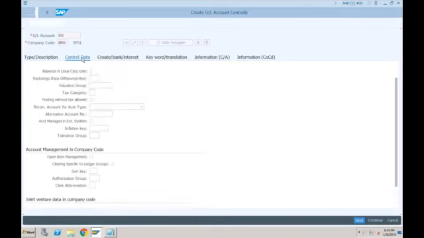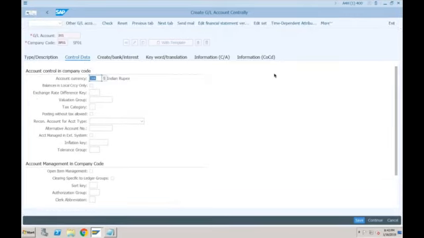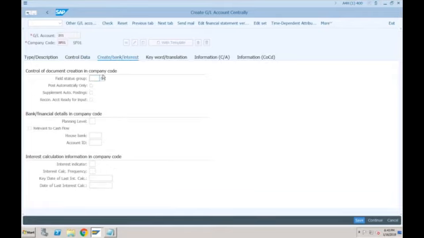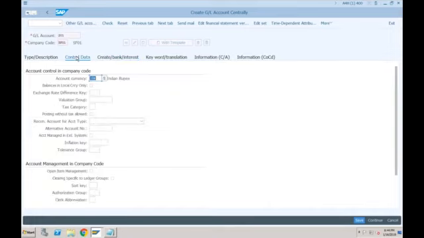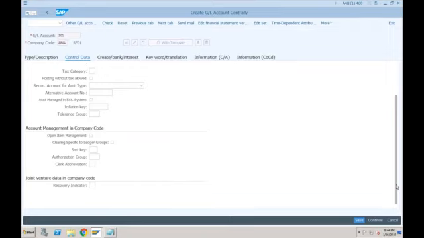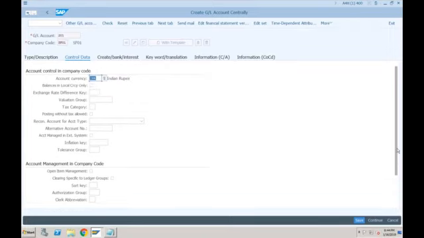Okay, so let's go to control data once again. So all these things are the same, no change. Let's go to create bank interest tab. Again, no change. Most of the things, may not be each and everything, but most of the important things at least are the same. I'm just checking if there is anything else that I need to explain here. So sort and all is okay. Okay, just one more thing. I'm just trying.